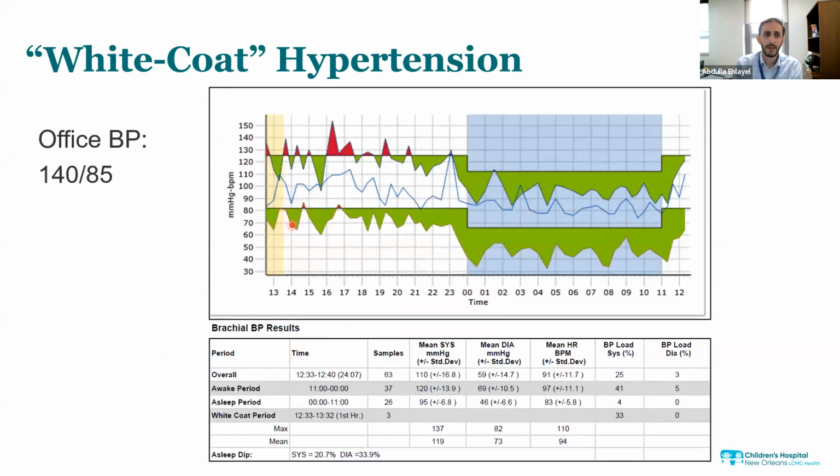And this is the kind of reading that we get from the 24-hour blood pressure reading. The white area is when the patient said they were awake. The shaded area is when the patient was asleep. These lines are the systolic and diastolic normal cut off for the patient. You can see here in the office, this patient had a blood pressure reading of 140/85. So this would be considered abnormal. But when they did the 24-hour blood pressure test, the reading was all green, they were all good.